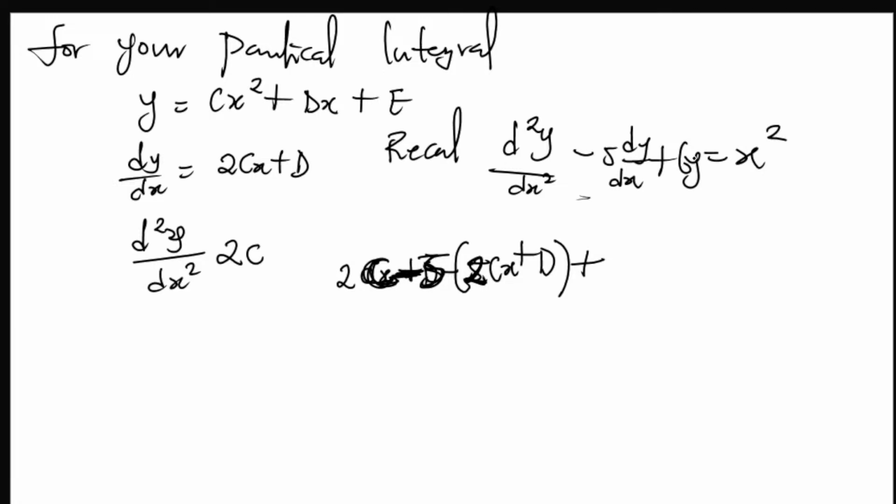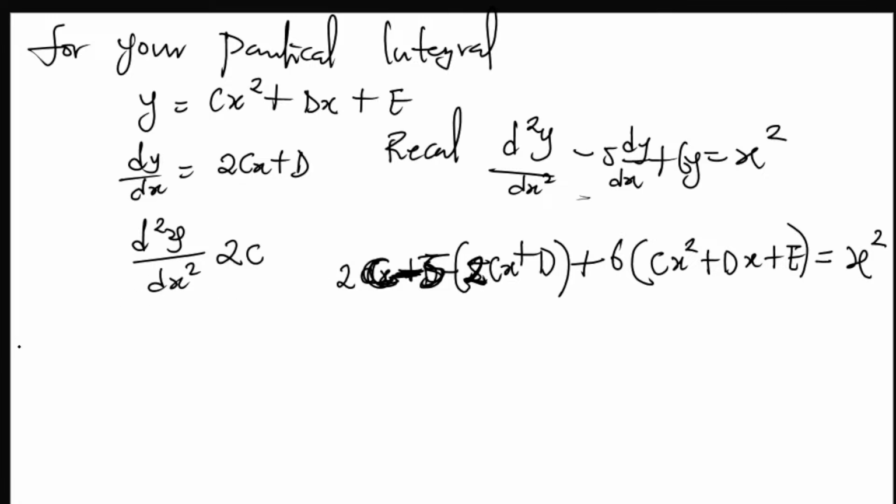Remember, this is 6y. And what's your y? Your y is cx squared plus dx plus e. So you have 6 brackets, and your y is now cx squared plus dx plus e. And this equation is equal to x squared, which is showing us that our equation is non-homogeneous. So what we simply do is we can expand